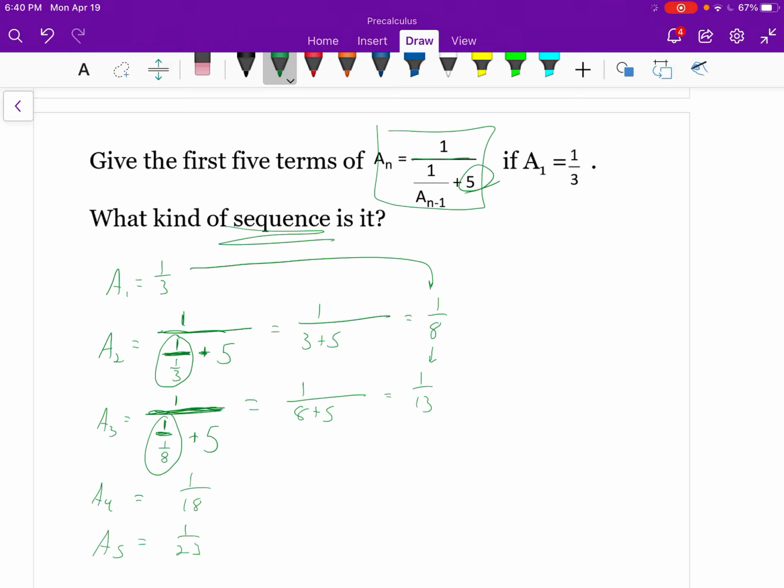And what type of sequence was this? Well, that was the harmonic. That was the last one we saw. And there is your lesson on